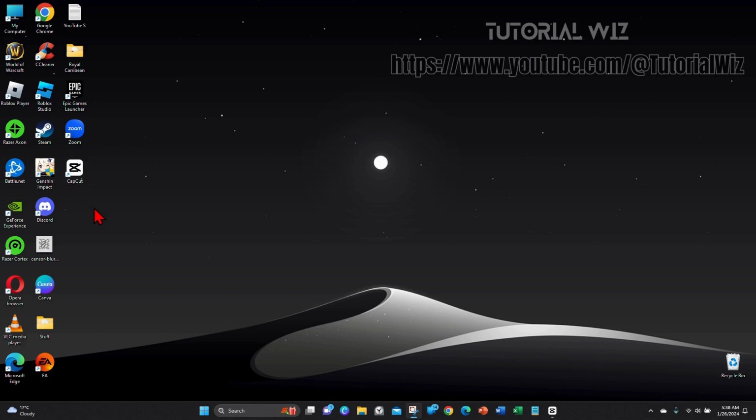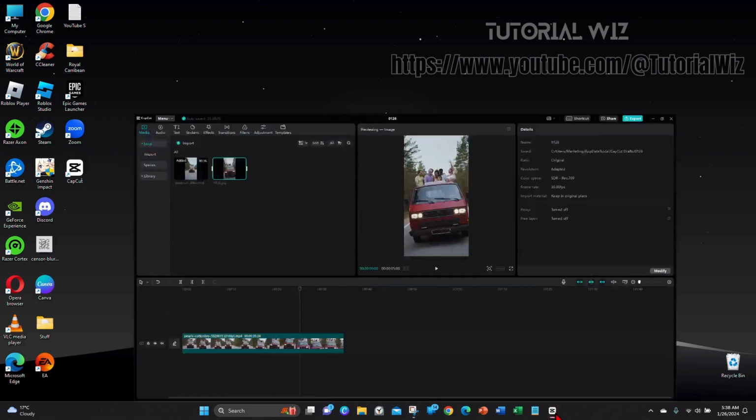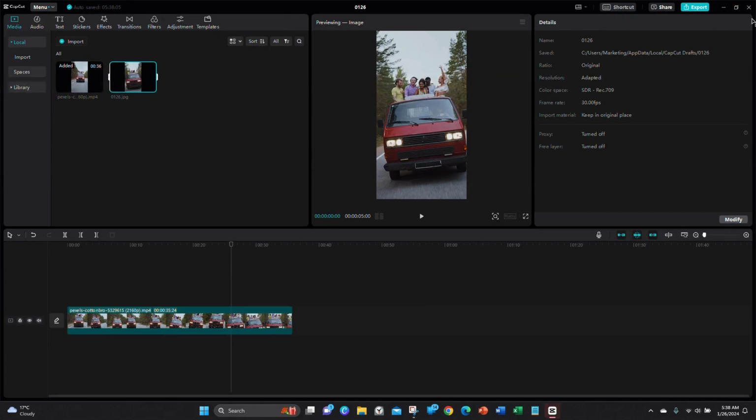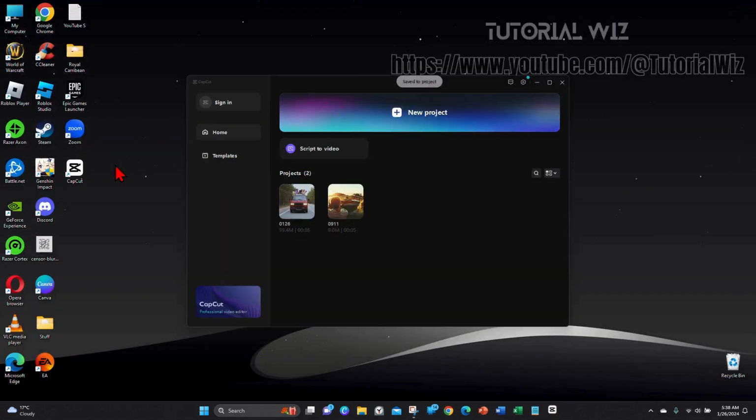Alright, the first thing you need to do is open up your Capcut application on your PC or laptop. Like so. Let's get out of this project. Alright, now you'll come to this page of Capcut, and to upload a video, click on new project,